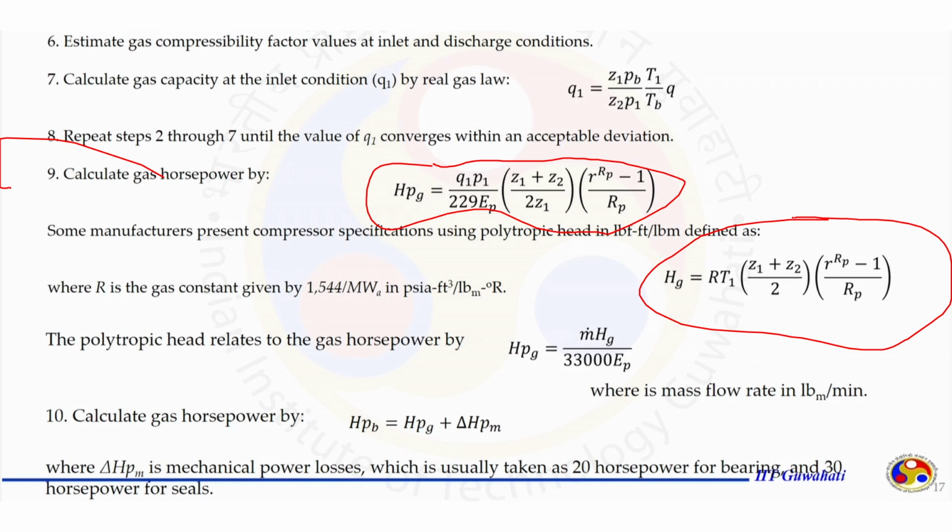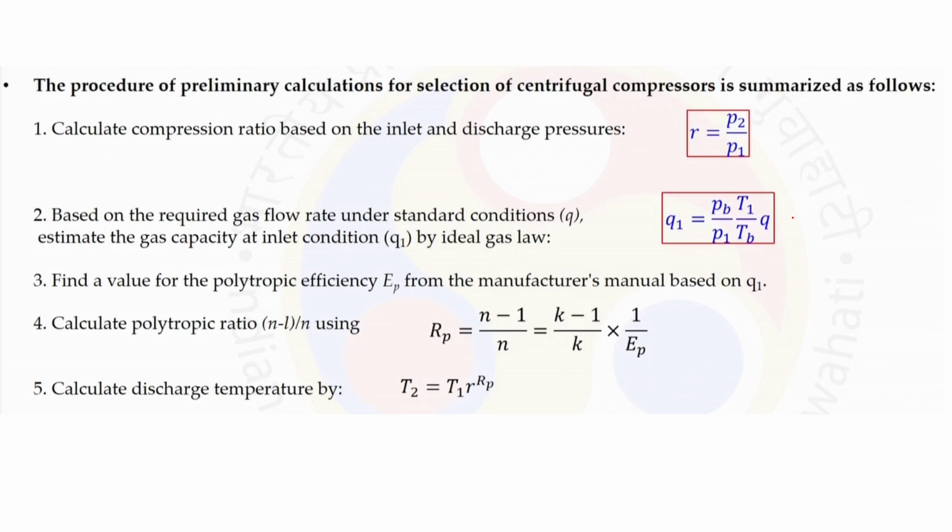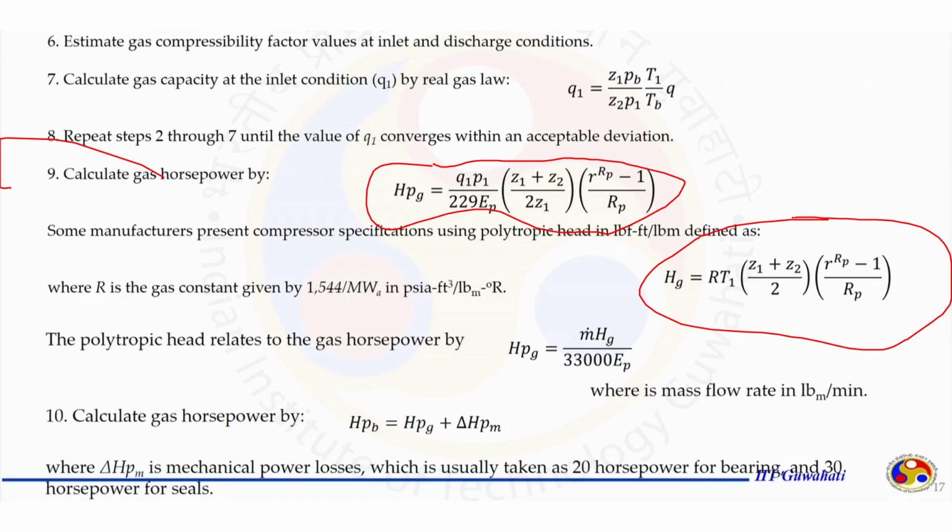And finally, we have to calculate the gas horsepower by HPV equal to SPG plus ΔHPM, where ΔHPM is mechanical power losses, which is usually taken as 20 horsepower for bearings and 30 horsepower for seals. So these are the steps for calculating what type of centrifugal compressor we have to use. We have to use these steps also to find out the values that have been asked in this question